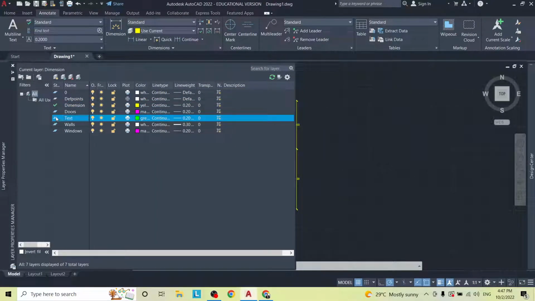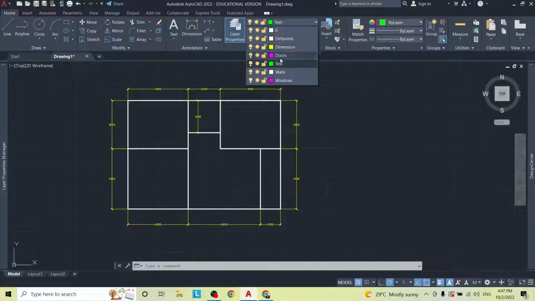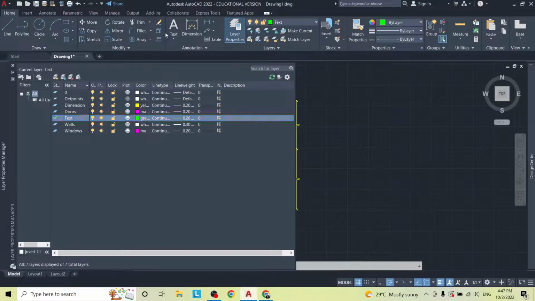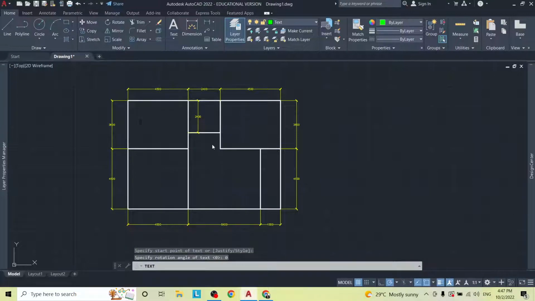It doesn't really matter. To switch between layers, you could just double click on the layer status and it will take it. So that's going to be our layer that we're on, or we could just come here and change it. So let's go to this and go to single line, click once. Now it's going to ask you for your rotation angle. 0 degrees means you're going from left to right horizontally, so I'm going to leave it at 0. If I put it 90 degrees, it's going to go straight up. And then remember, we always type in